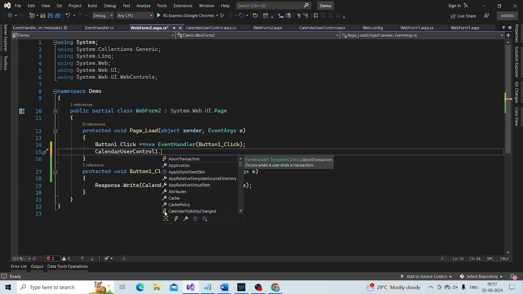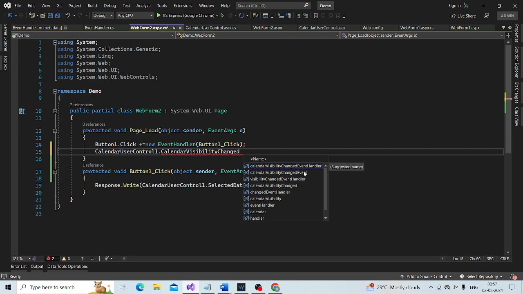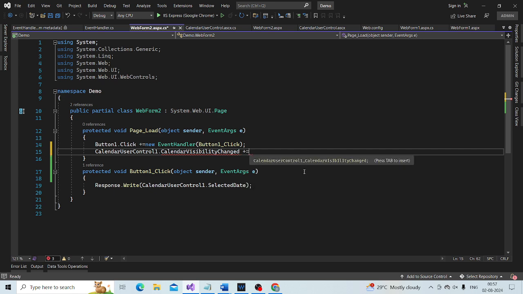And look at this, as soon as I select that and then press space, plus equal,